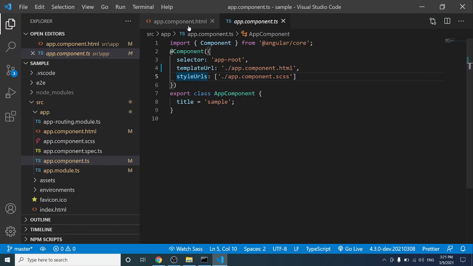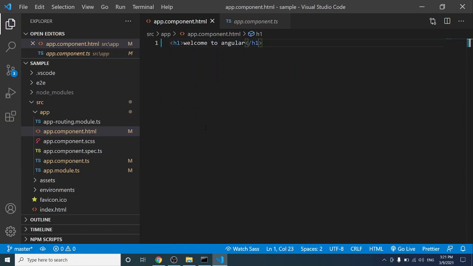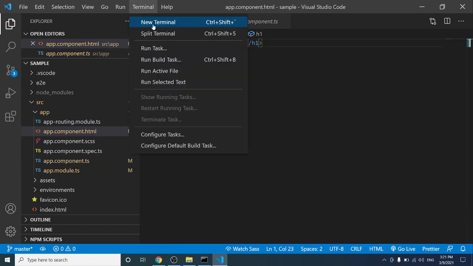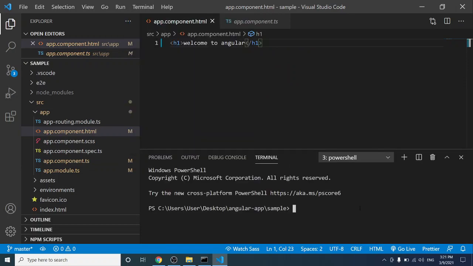So if you want to create a new component in Angular, we can create it by using Angular CLI. There is a command called ng g c and the component name. Here I am naming the component header. So here you can see the command is ng means Angular, g refers to generate and c refers to component.